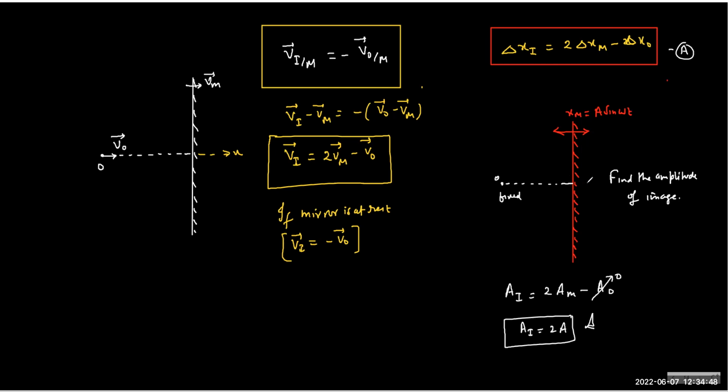So when the mirror is here, if it is at distance D, then the image will be D away. When the mirror is at D plus A, then the image will be D plus A away. So you can add the values, and we'll get the answer as 2A. Is this part clear? Yes. So you can do the motion analysis in this way. It's pretty easy.